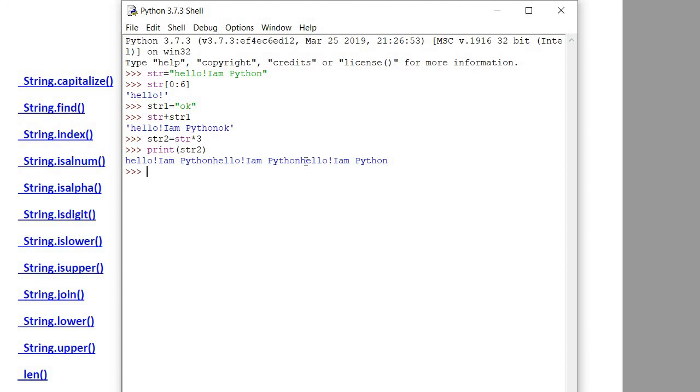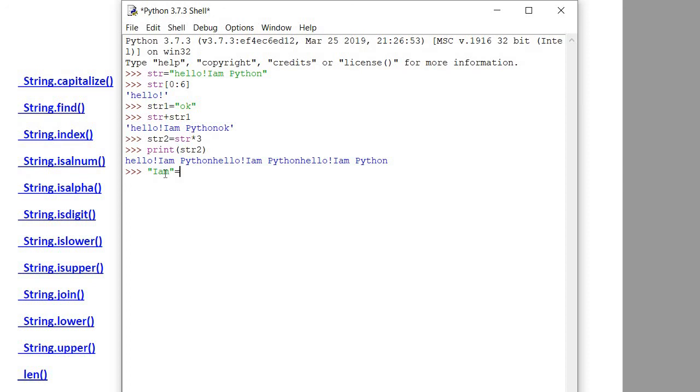Next is your in or not in operator. Fine. If you want to see whether 'I am' is present in the string or not.